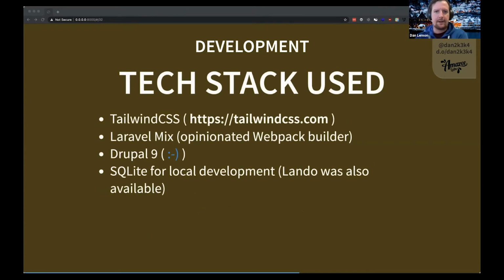So the tech stack I used was Tailwind CSS, which was a fantastic talk yesterday, which I highly recommend you go and watch. Laravel Mix, which is more of an opinionated Webpack builder. But it was a bit overkill. I didn't really need this